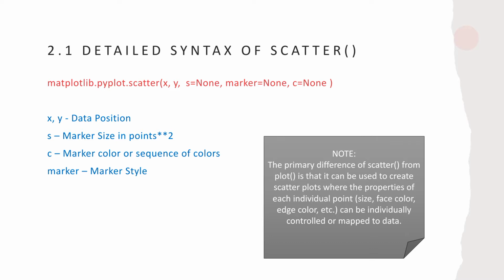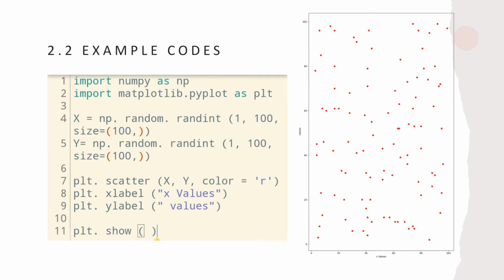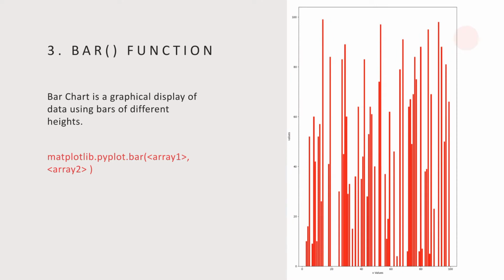You can use that video link. That video compiles a lot more things. Then marker style, and using some examples here. This is a completely scattered plot using the scatter function with x, y, and color. This x and y are random integer values from 1 to 100, having size 100. We are not dealing with that. The thing we have to deal with is x, y, and the color, which is completely red in this program. Now moving to the third, the bar function. These you can already see, these are the bars.